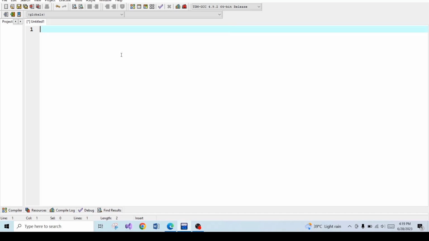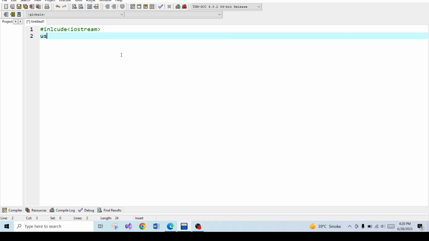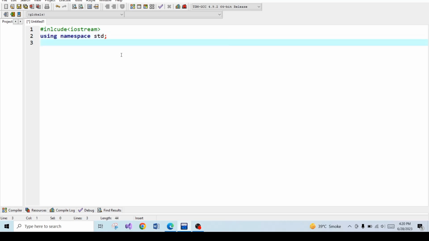Here is the code snippet: #include <iostream> and using namespace std;